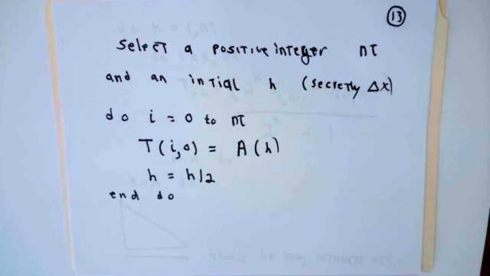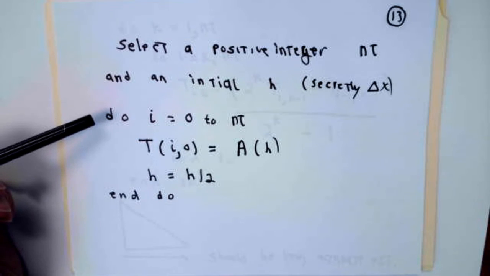So obviously, we're going to have an algorithm to carry this plan out. We're going to select a positive integer nt, which is short for number of rows in the table, roughly. Nt is going to be the biggest index in our table. We'll select an initial spacing, which I'm secretly thinking of as being delta x, and we'll have this loop to initialize column k equals 0 of our table. Do i equals 0 to nt,